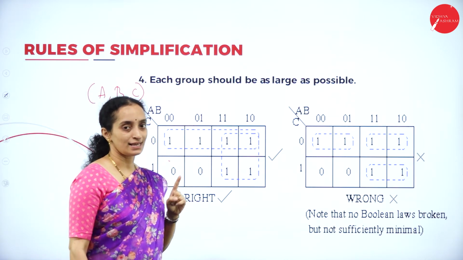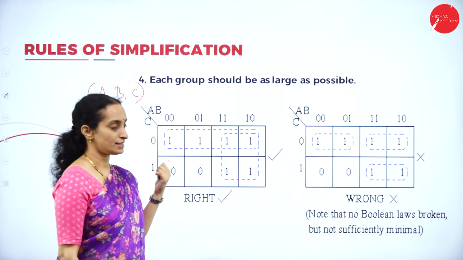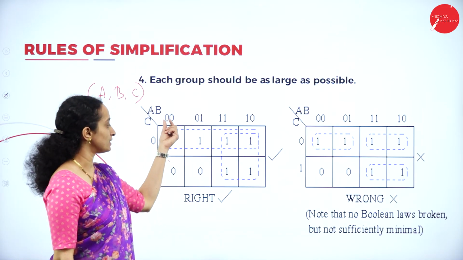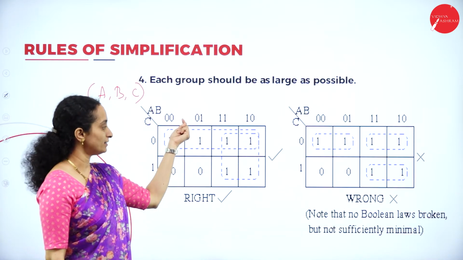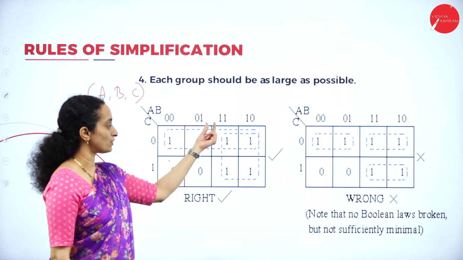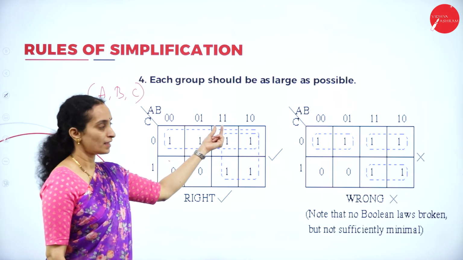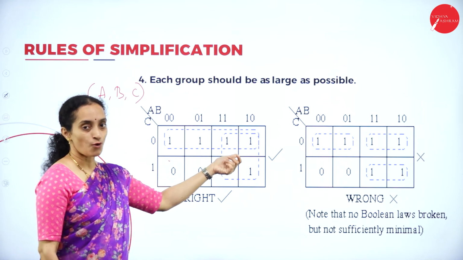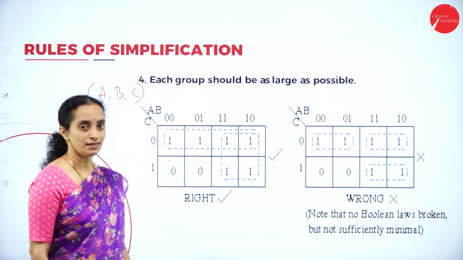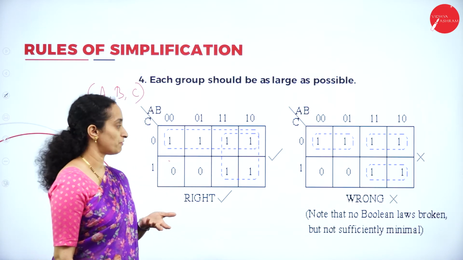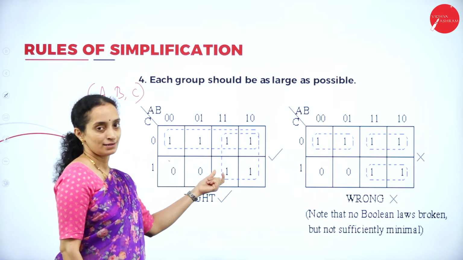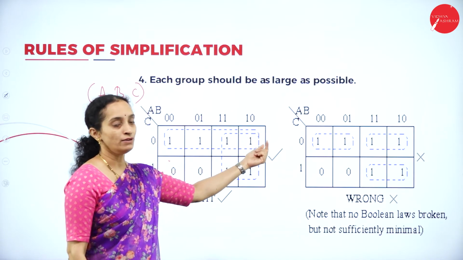As I said in the beginning of the session, the gray code format will be followed in this. That means 0 0, 0 1 is made. Immediately you cannot have 1 0, because if 1 0 is placed here, 2 values will be modified, okay, which will not be the simplification method. That means you cannot properly simplify that. So 1 1 will be written in the middle of the column followed by 1 0.